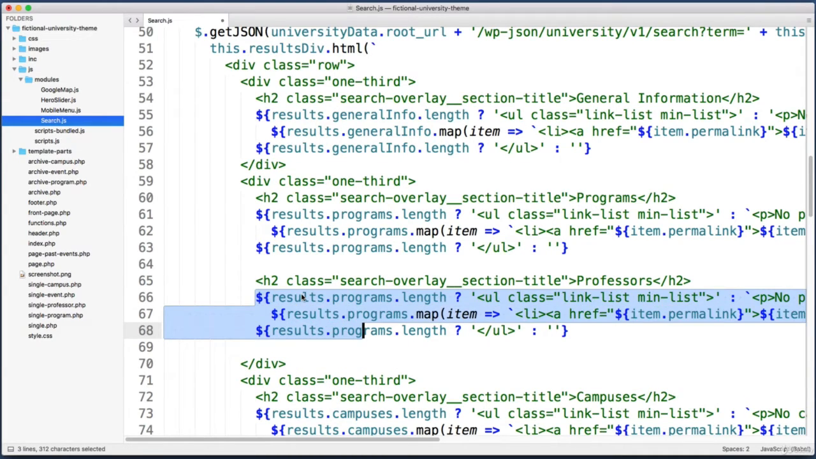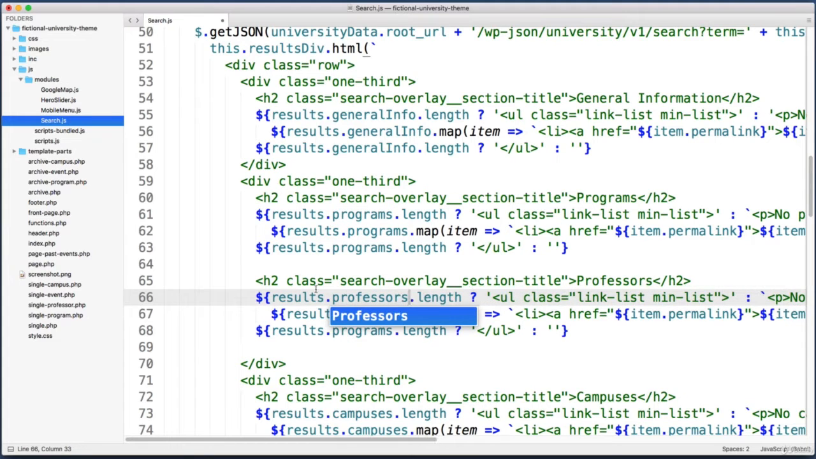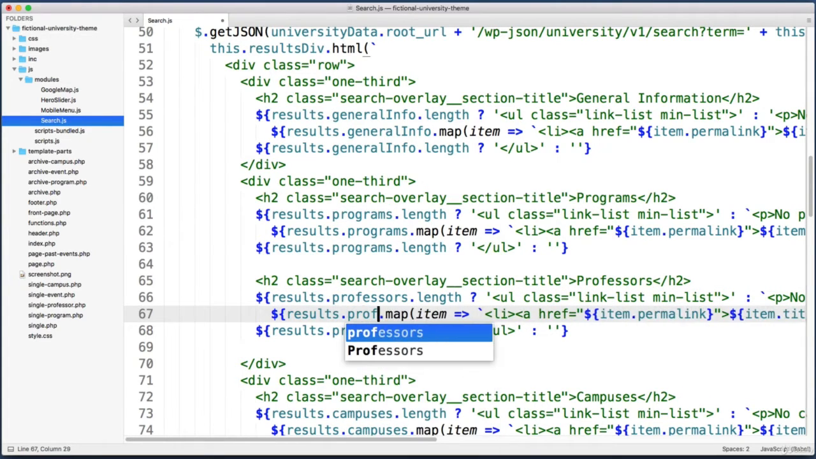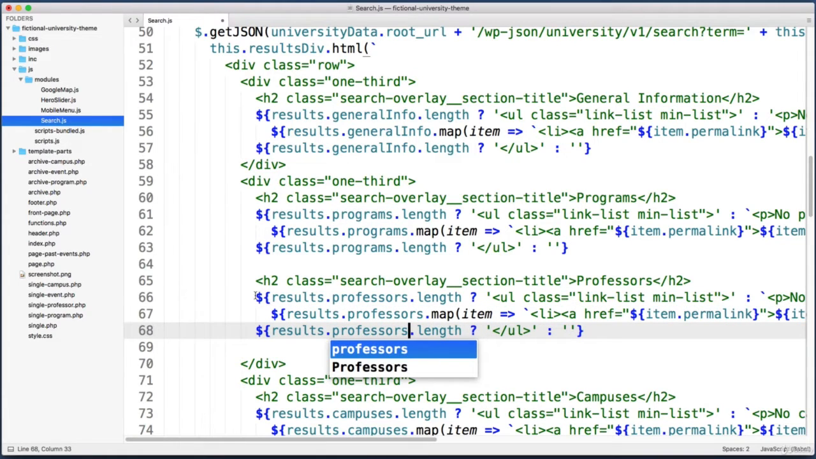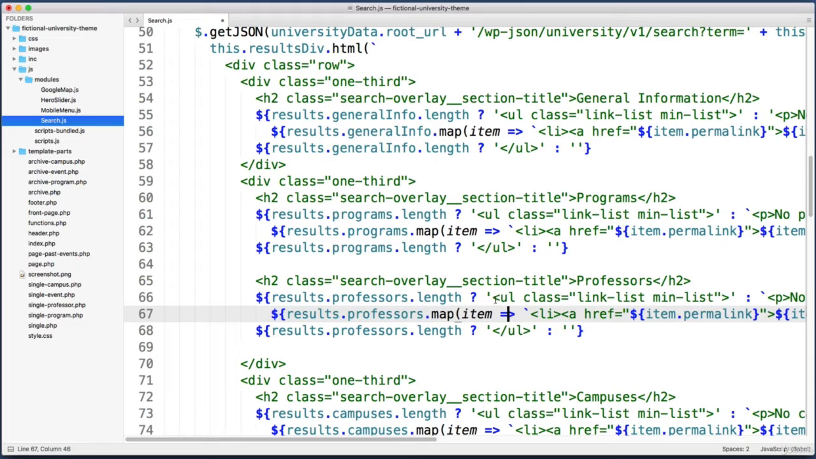Okay, now within our new code, we don't want to look for a subarray named programs. Instead, we want professors. So let's change this. And do the same thing for these 2 lines as well. Programs to professors. All right, and then on this first line, when we are creating the opening unordered list tag,